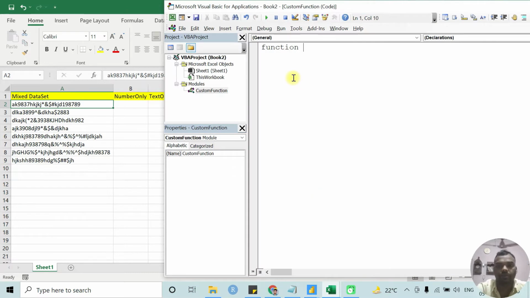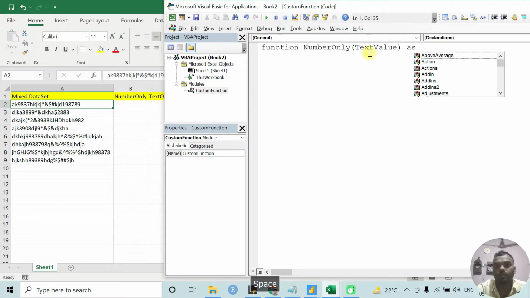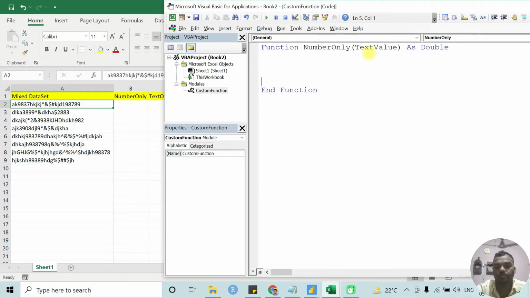So give it the name number only. It requires one argument which is going to be a reference here, text value. It returns a number, so give the return as a double data type.